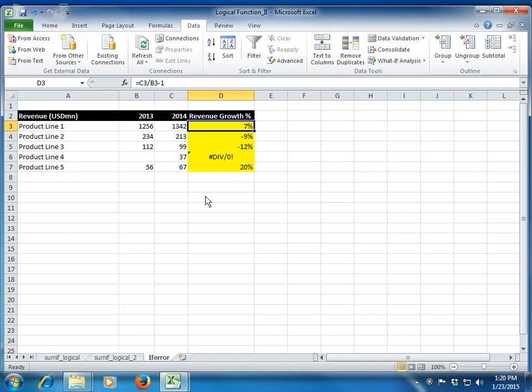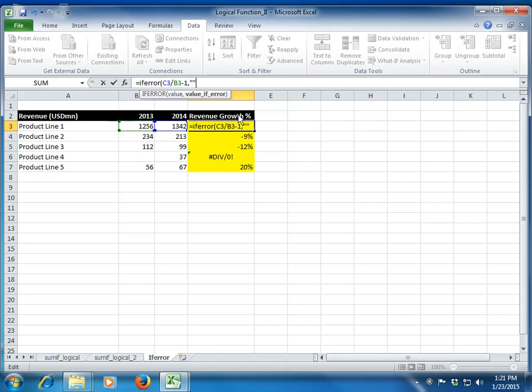So Excel has an inbuilt function called IFERROR. Let me just write this formula. IFERROR function basically has two arguments. It asks you for the value. Now this value can be a fixed, constant value, hard punched, or it can be a formula like we have in our case, C3 divided by B3 minus 1. So Excel asks you to give the value, and if the value is an error, tell me what to do, right? So my second argument here is: if this entire value has an error, tell me what to do.